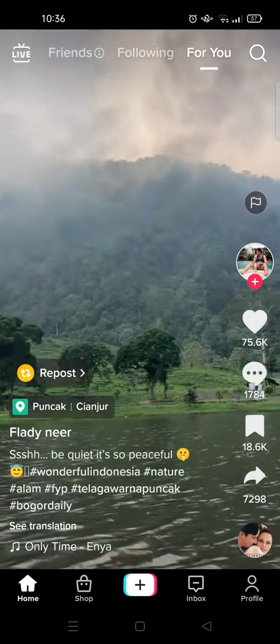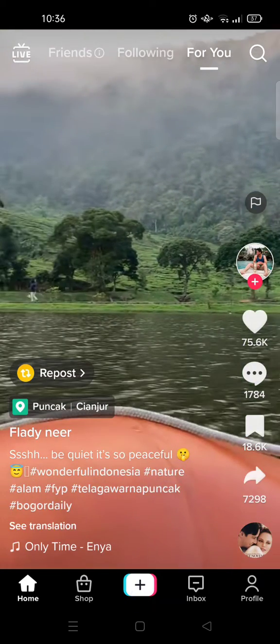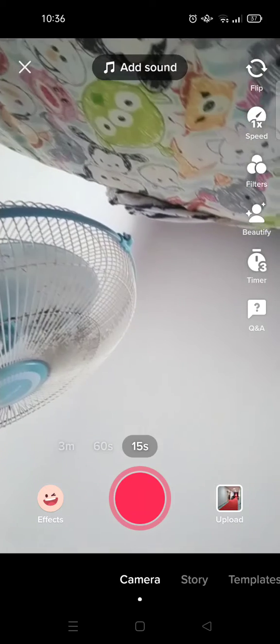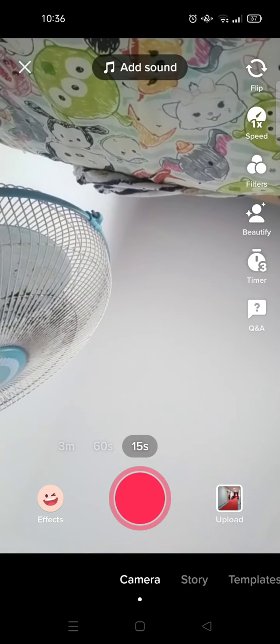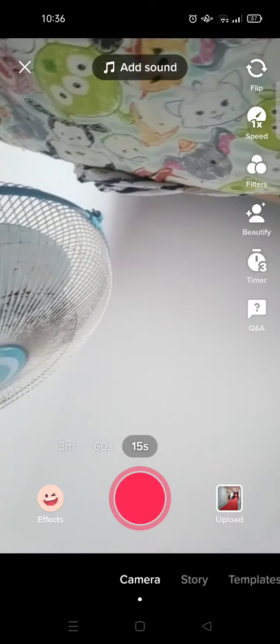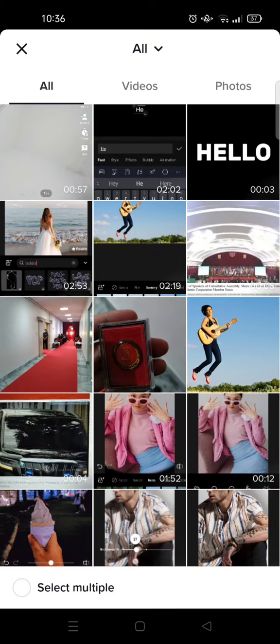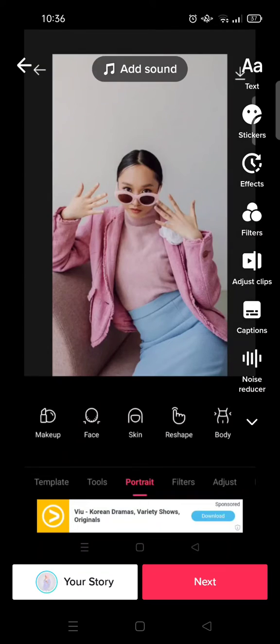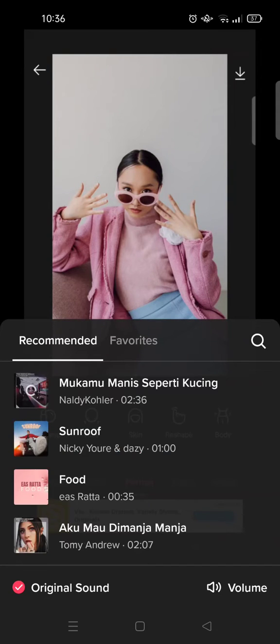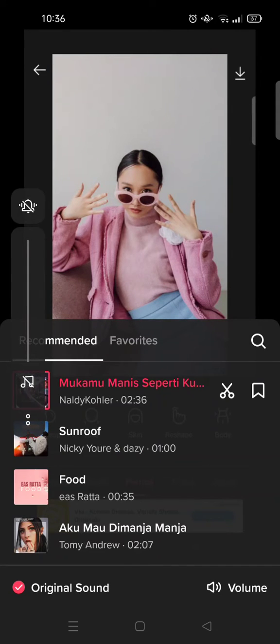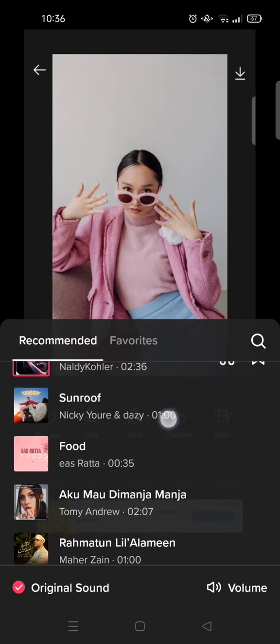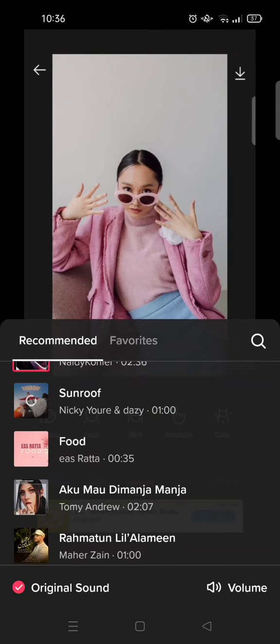So here what you're gonna do, click on the plus icon and then choose a photo or video that you want to add, or you can just record it directly. Click on upload and choose your video. For example, I want to add this video, and then click on add sound. Okay, so in here, for example, I want to add this music. Click on the music,